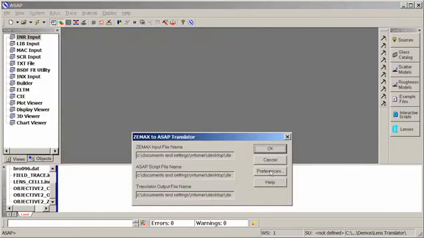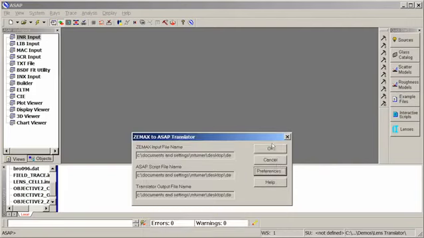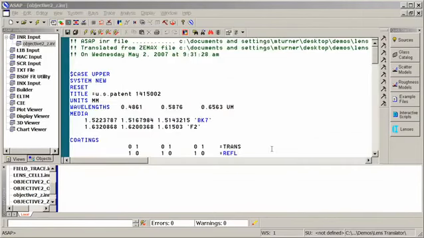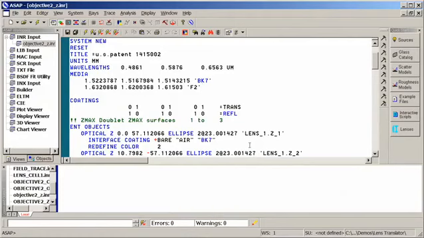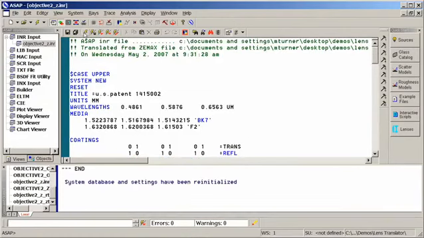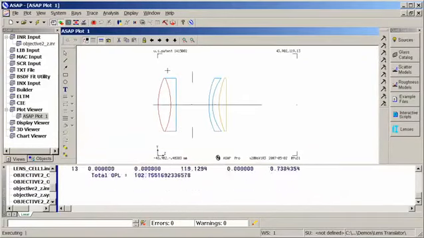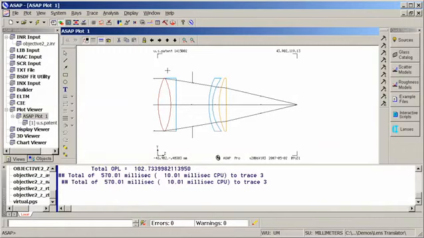And ASAP will automatically create for me an ASAP script file that shows what this lens looks like, but it will only be the optical components. So I'll just select my preferences, click on OK, and now I have my lens design. I have the information about my optical materials, idealized coatings, and all of the surfaces as well. If I run this file, we can see the lens layout, and we'll also see some rays that are being drawn from an on-axis field